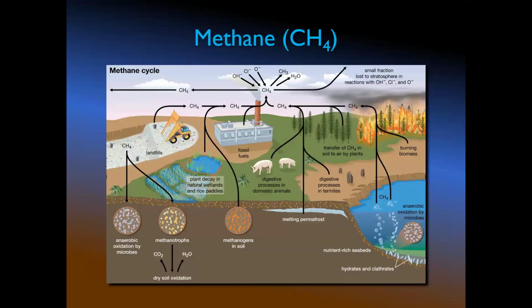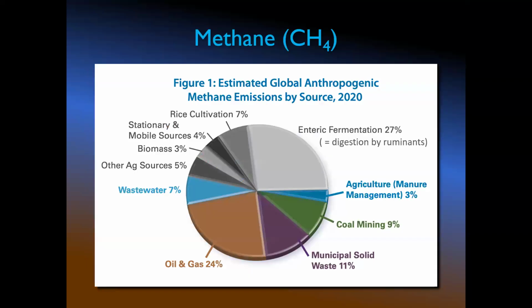Here's a more detailed thing. It's the methane cycle, and this includes some of those domestic animals, those primary producers, as just one component of it. There's any number of ways that we are producing methane and pumping it into the Earth's atmosphere, so be aware of these as well. Now, notice that in terms of global anthropogenic or human-caused methane emissions as of 2020, digestion by ruminants. Ruminants would be things like cattle. They ruminate. That's how they get that name. They have a rumen where they do digesting.